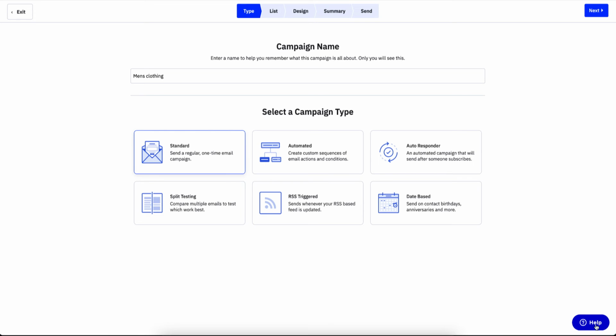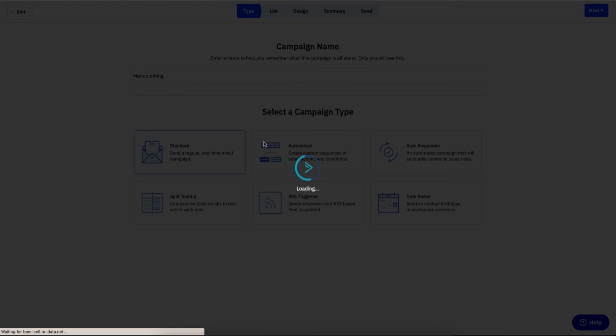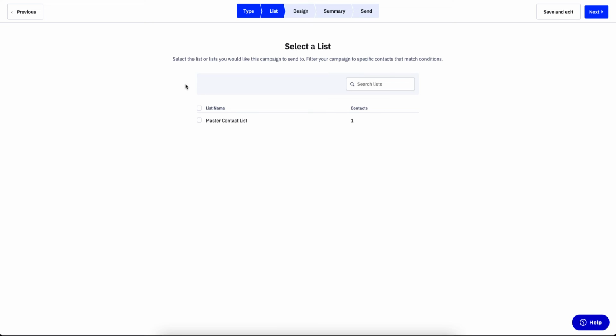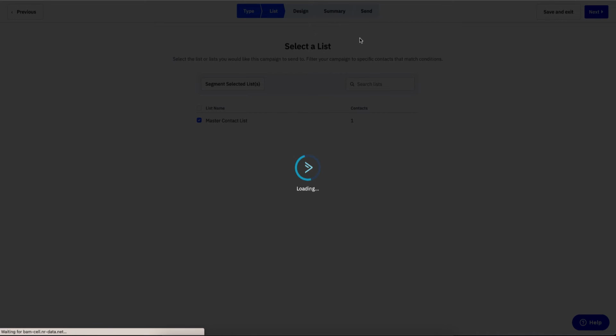So let me select a standard campaign and go next. Then I have only one contact list for now, because I'm using the free trial. Whenever you have a paid plan, you can create different or multiple contact lists. Next,